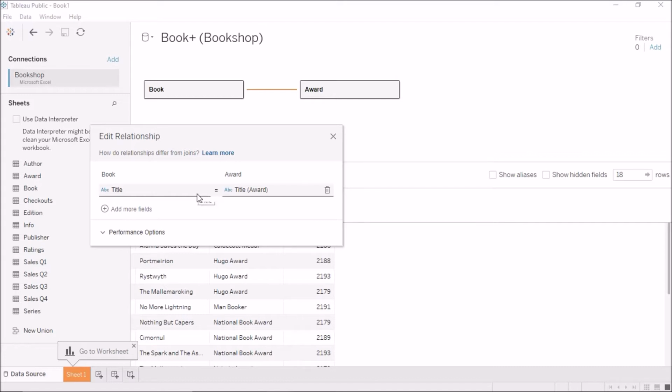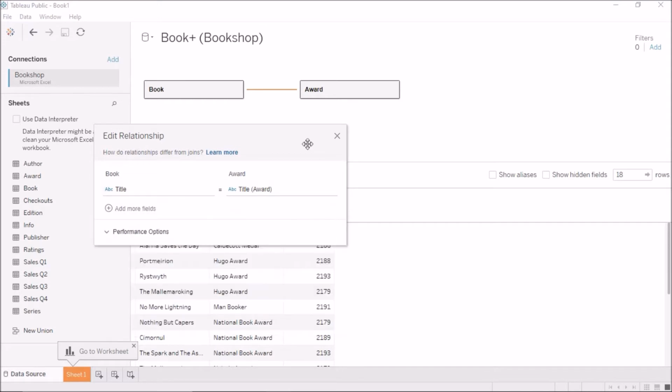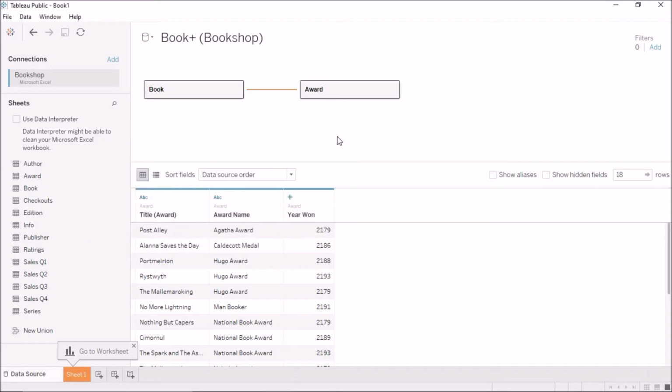Here we don't have to worry much about whether we want a left join, right join, or any other kind of join. We just have to mention which column to join upon, and Tableau will automatically try to find one. If the column names do not match, then it will ask us to define the relationship between these two tables. So this is just a kind of contract between these two tables.